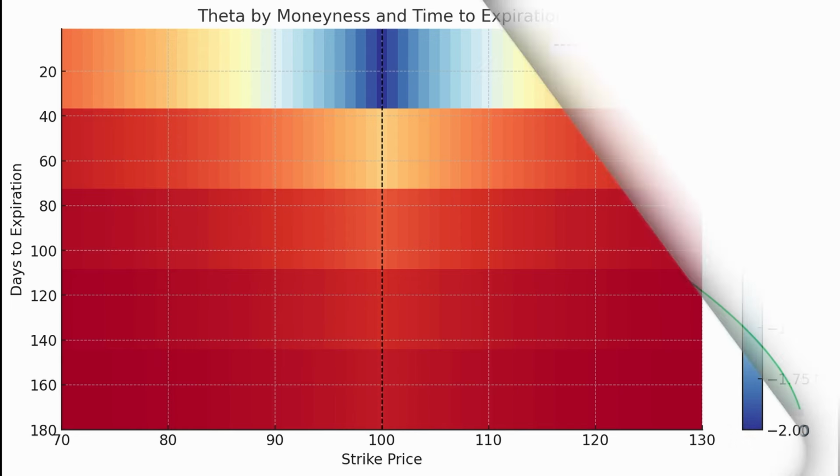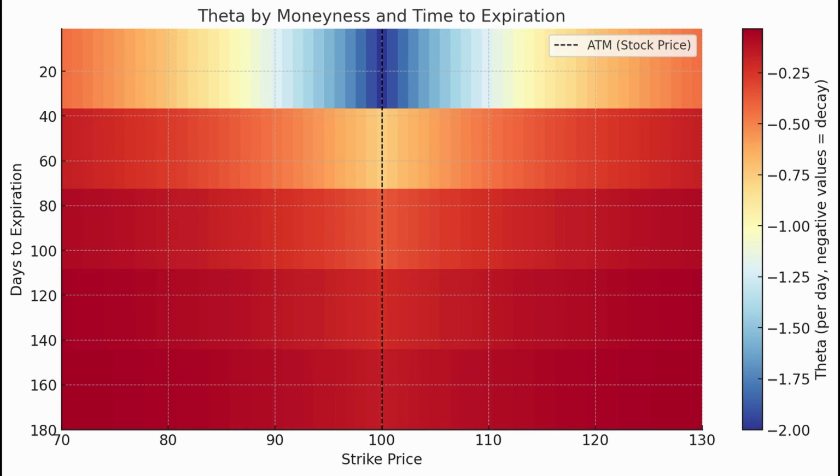You can kind of see a heat map here. And also, theta's highest for options that have higher implied volatility, options that are more expensive. If you have a low volatility stock, the options are going to be cheaper, versus a high volatility stock, where the options are going to be more expensive because that stock is expected to move more. So if you have a higher implied volatility stock and it doesn't move for a day, and the implied volatility doesn't go up, that option is going to decrease in value more than a low volatility stock, because that stock isn't expected to move as much, so the options are cheaper.